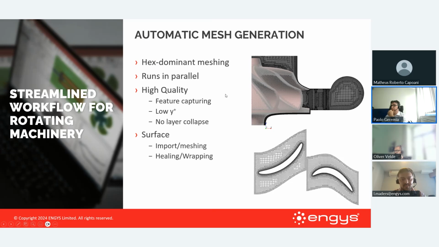It runs in parallel and produces high-quality meshes with detailed feature capturing, low Y plus, and no layer collapse. In terms of coupling to CADs, we deal with most of the CAD formats, and we are also able to import different meshes from third-party tools, and we have a set of tools for dealing with problematic